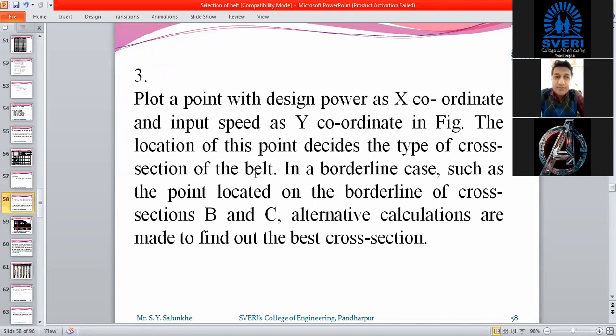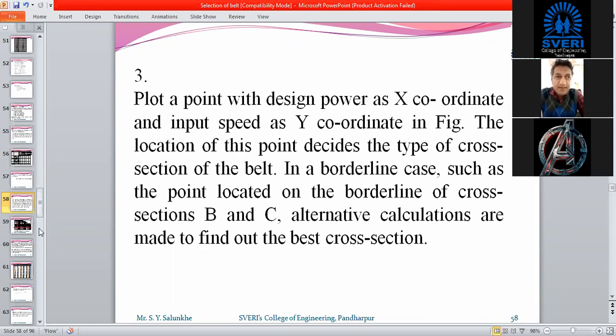There are 3 types of cross section of belt: A, B, C. Okay, and D is also there, rarely used, but we can say that A, B, C are the mostly used cross sections of belts that we'll see. In the borderline case, such as when the point is located on the borderline of the cross section between B and C, alternative calculations are made to find the best cross section.